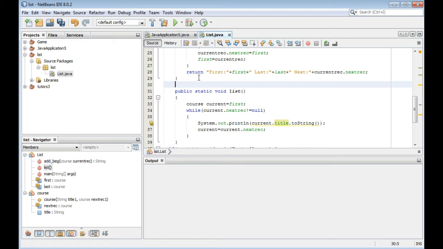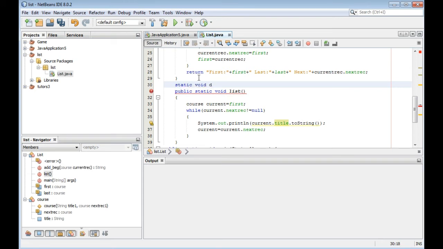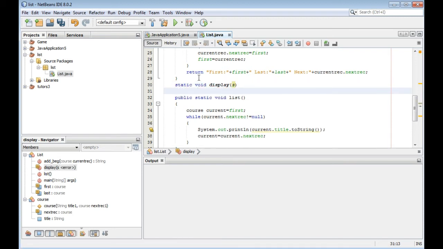Then we have a public static function that will display a string s.